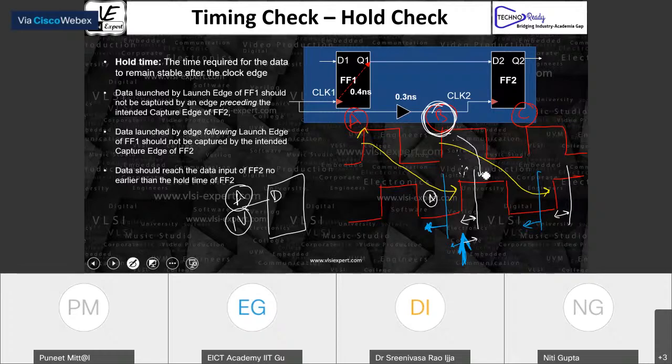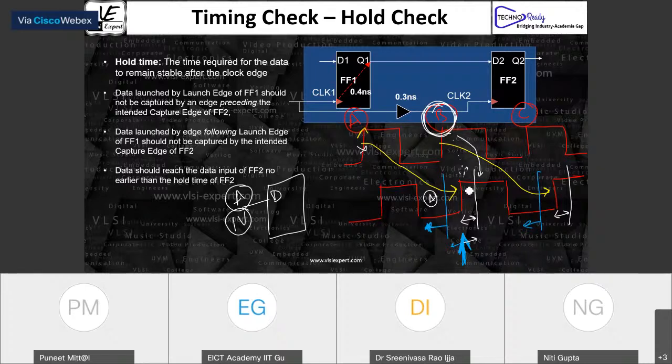So that means when we do the setup analysis, we are doing it between this edge and this edge. When we do the hold analysis, from the analysis point of view, we have to make sure data B should not reach before this white line.